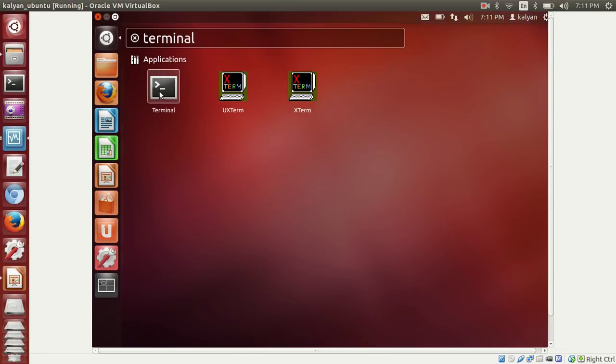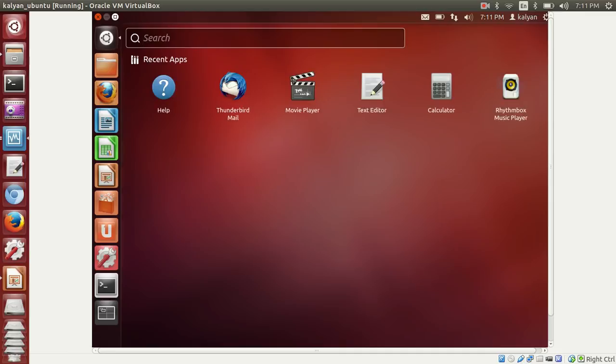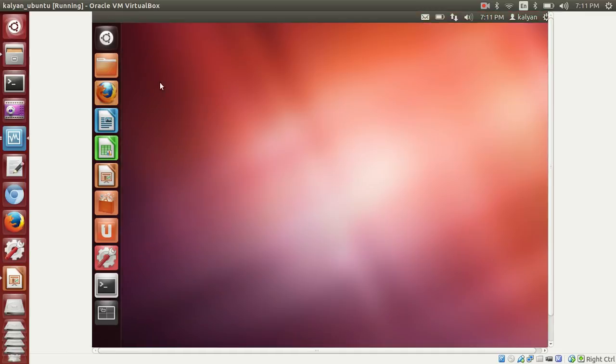If you want to make these things a shortcut, you can always do drag and drop. So now I dragged it. So from the next time onwards I can go for this one. I can reorder it also.